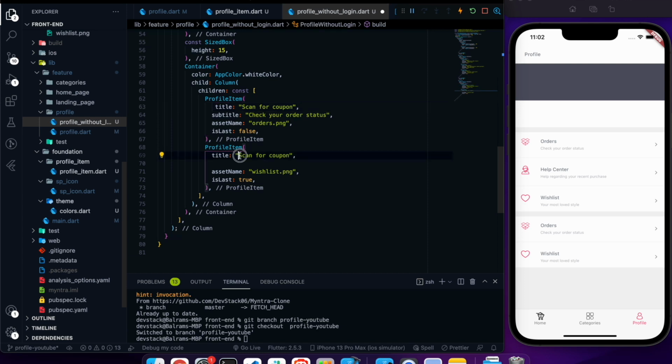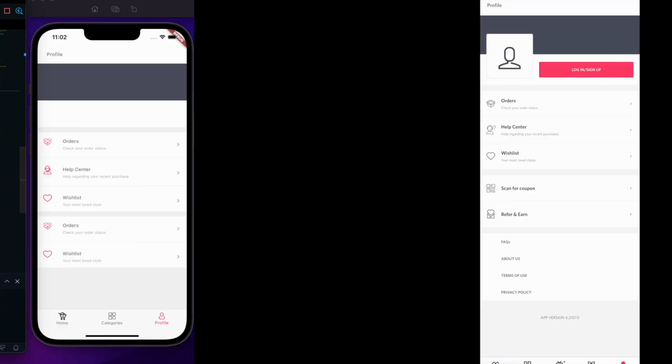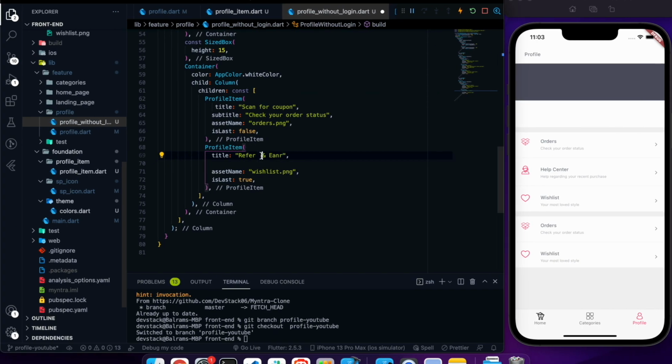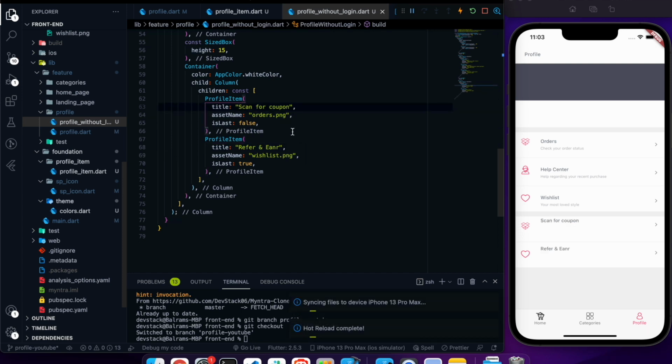And for the second one we have refer and earn. Refer and earn. Refer and earn. Okay, and I don't need the subtitle over here. Let me hit the save.